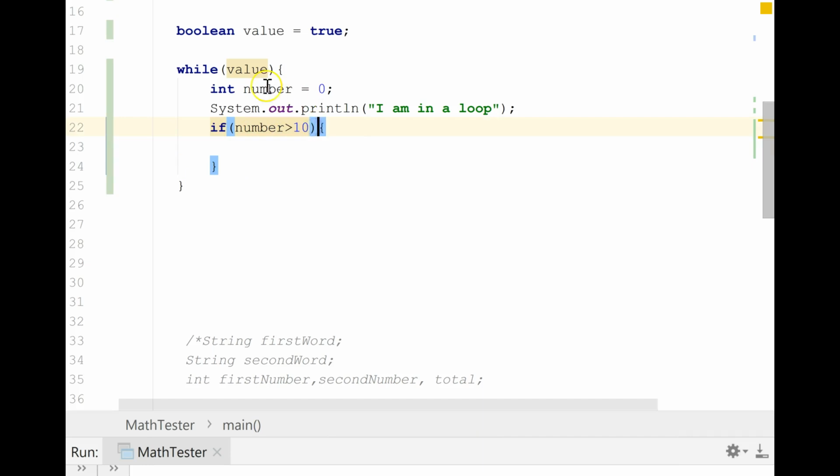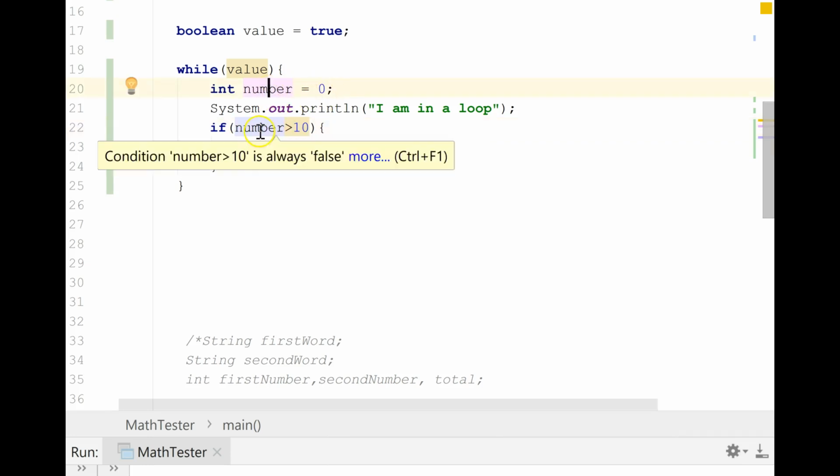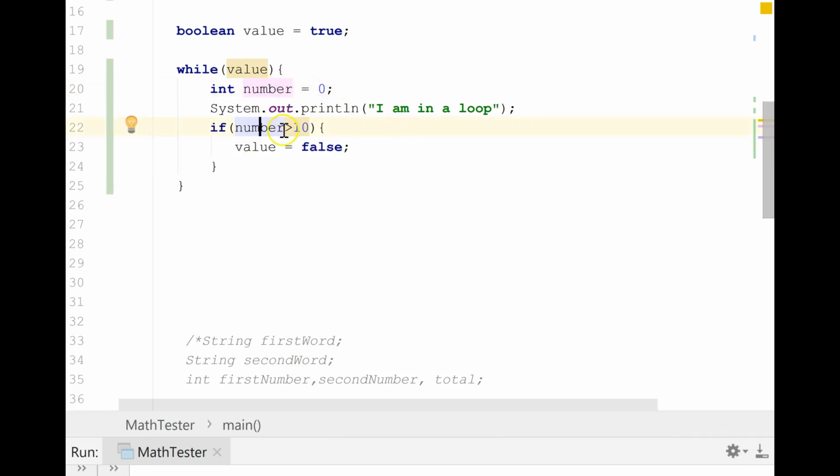Now, I noticed that some of you guys tend to put semicolons in between. That's going to cause you guys all kinds of errors. So don't do that. So if number is greater than 10, then I want my value to equal false. Okay? This is one way that I could break out of it. Now, I need to get this number from 0 to 10. So if I want it to print out so many times, and each time it's going to run,